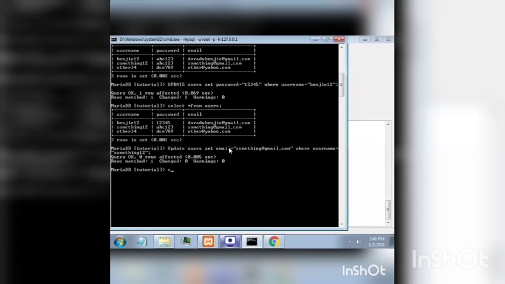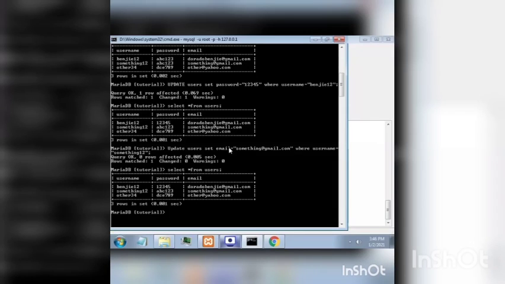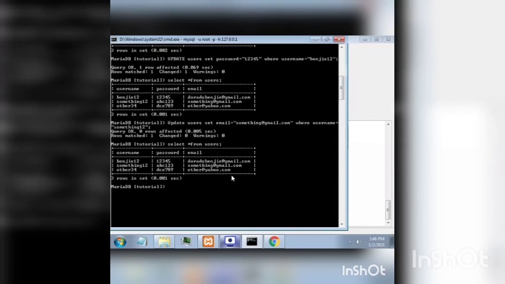Let's show. And the email of something12 is updated. So that's how to update it.